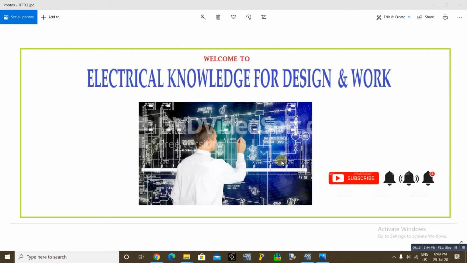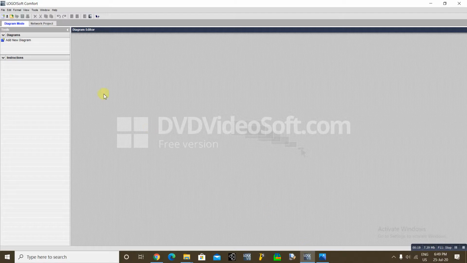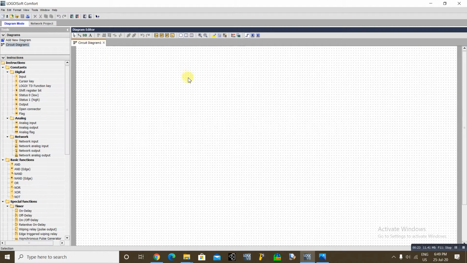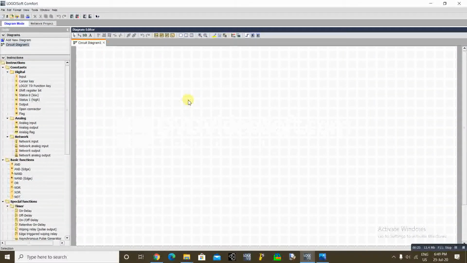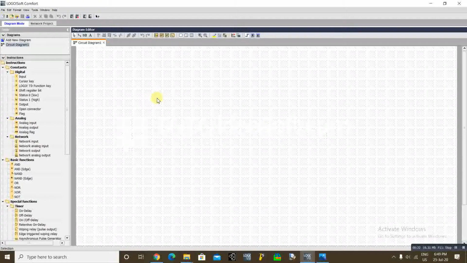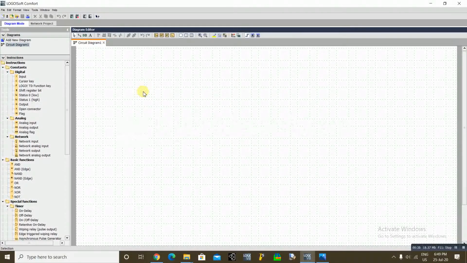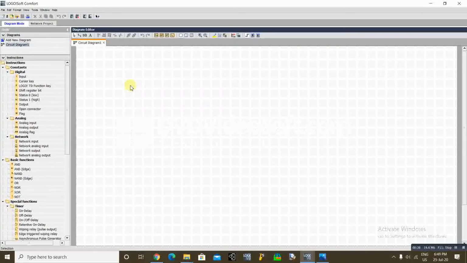Today we are going to see how to configure parameters in the Siemens LOGO text display. Let's start with a new function block. Now we will control one AC unit with a temperature sensor input. I have a temperature sensor with an input of 0 to 10 volt. The measurement range is 0 to 100 degrees Celsius.